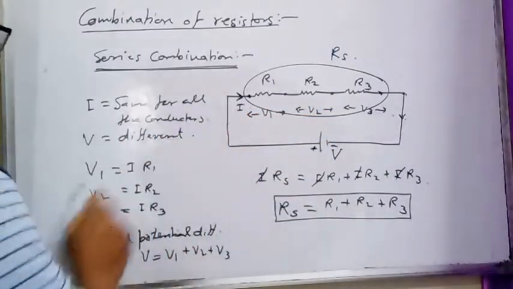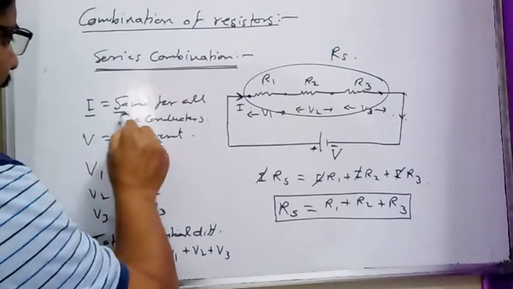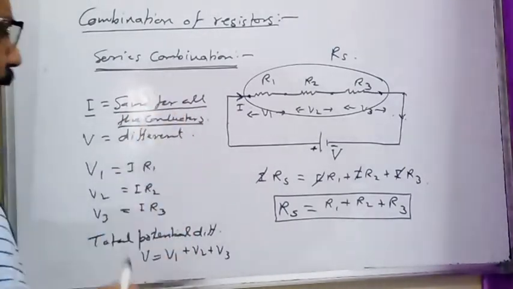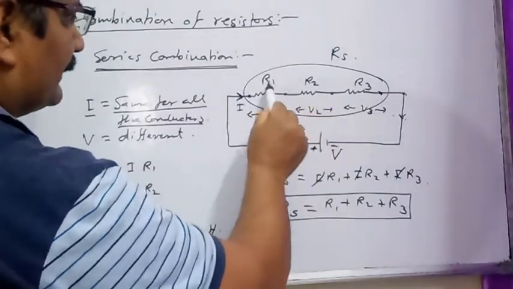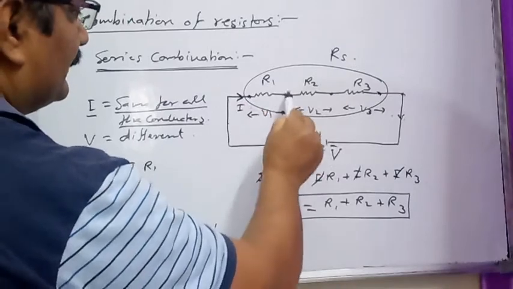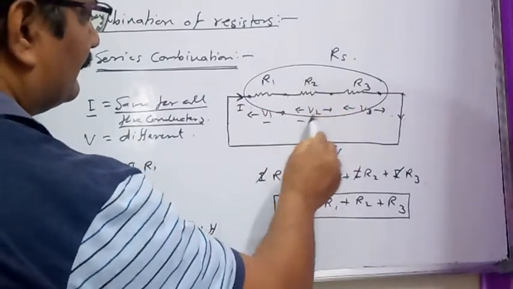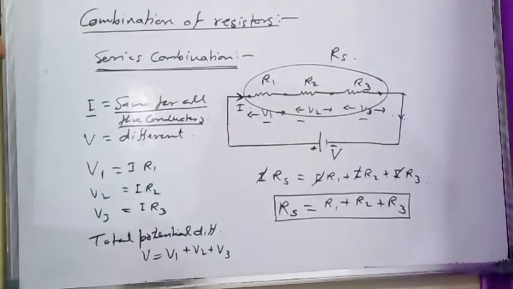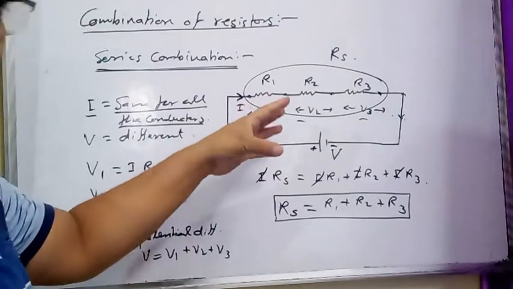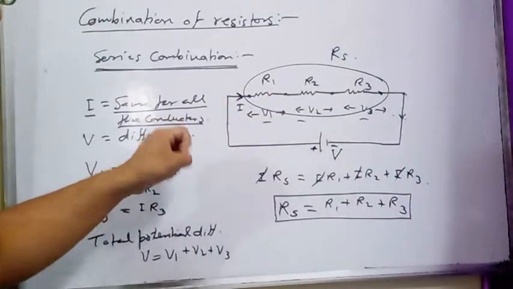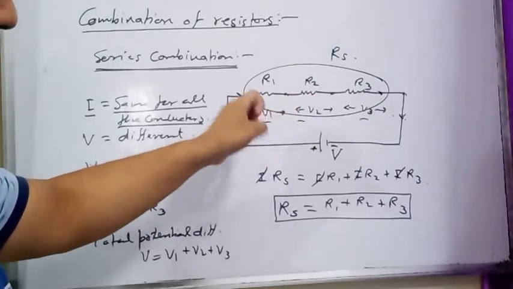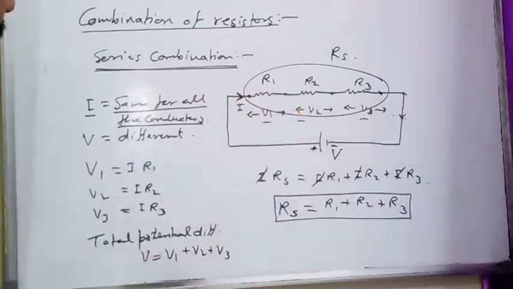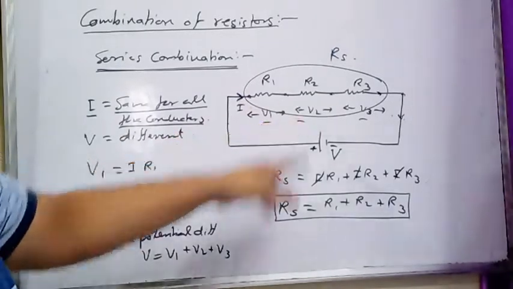So in series combination of resistors, current I remains the same for all the resistors, but as their resistances are different, the potential difference across the resistors is different. To decide the series combination of resistors, whatever may be the structure of the resistors, the basic criterion is that the current should remain the same for all the resistors in the combination. Then we can say the resistors are in series, and the potential difference is different.